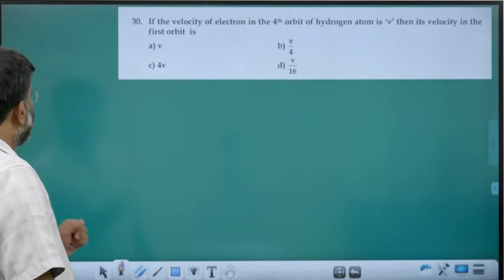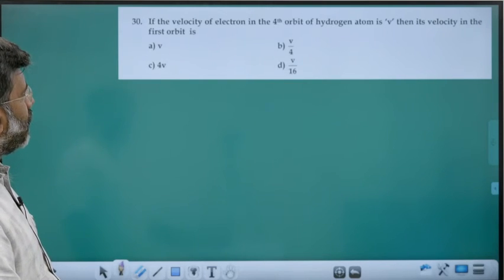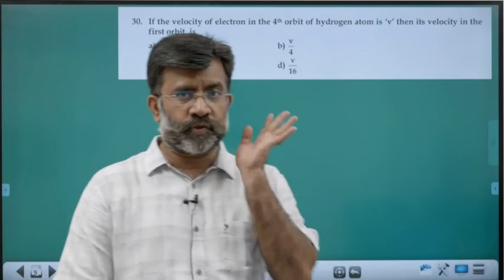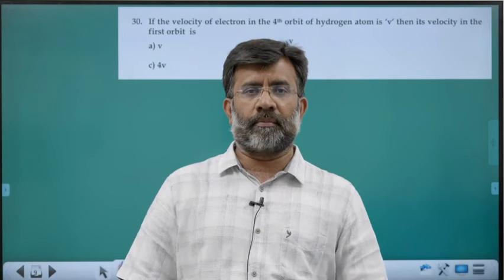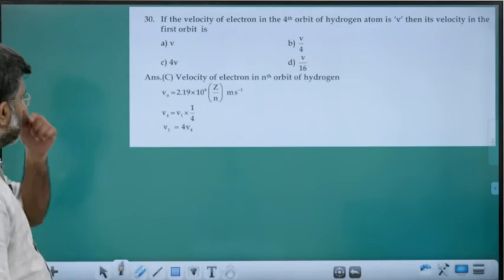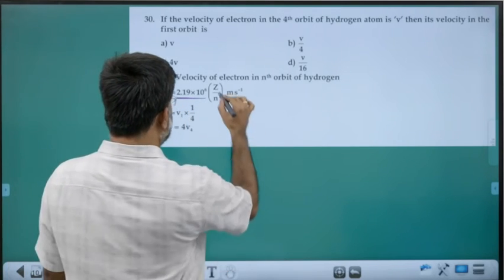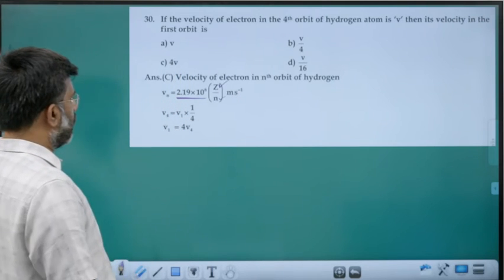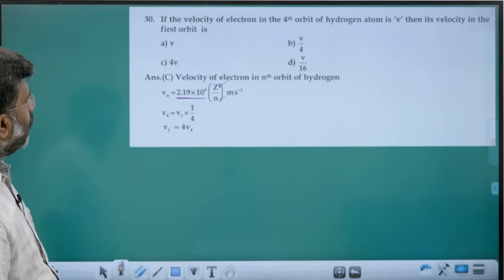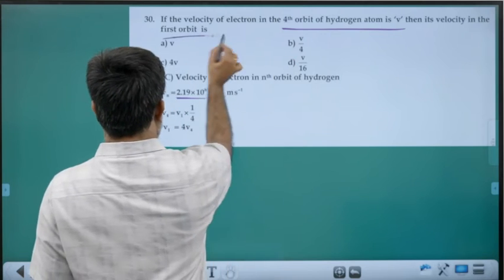Next. If the velocity of the electron in the fourth orbit of the hydrogen atom is v, then the velocity in the first orbit is? You know the relation for the velocity of a Bohr orbit electron. Vn is equal to 2.19 into 10 raised to 6 Z by n. If the velocity of the electron in the fourth orbit is v, then the velocity of the first orbit is